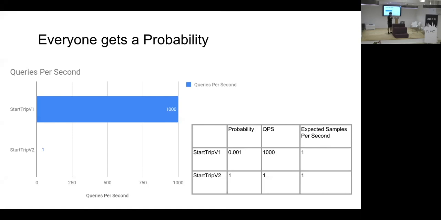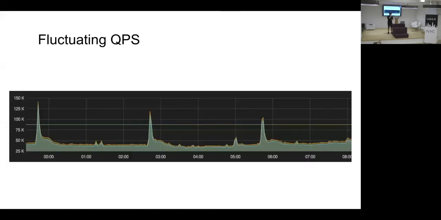Let's say our goal is to generate 1 sample per second. Depending on the QPS, we will generate a new static probability for each of the endpoints. For start trip v1, since we want 1 sample a second, we don't modify the probability and just keep it as is. But for start trip v2, since we weren't getting enough samples, we increased the probability to 1, and the math worked out where the expected number of samples was 1, right? So this, in theory, should generate the exact number of traces that we want. But that solution didn't work as well because